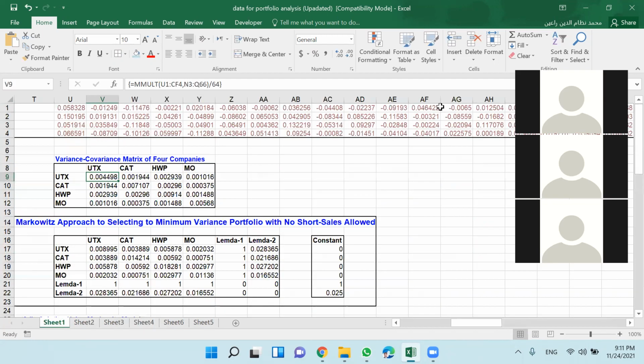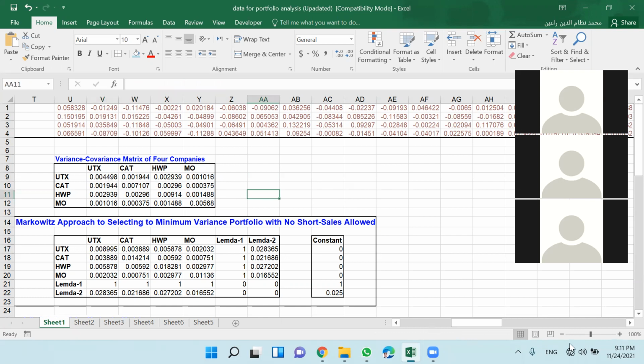So this is Markowitz one. This is the original matrix, I think. Variance covariance. And this comes with multiplication by 2, and this is not.